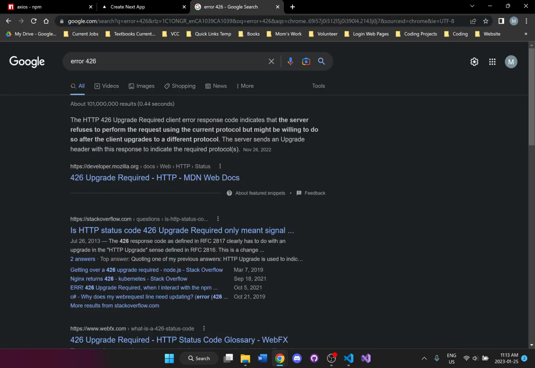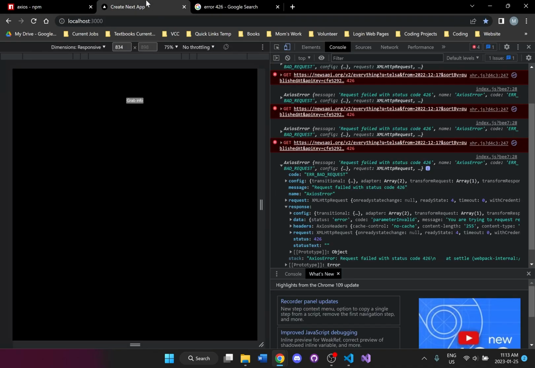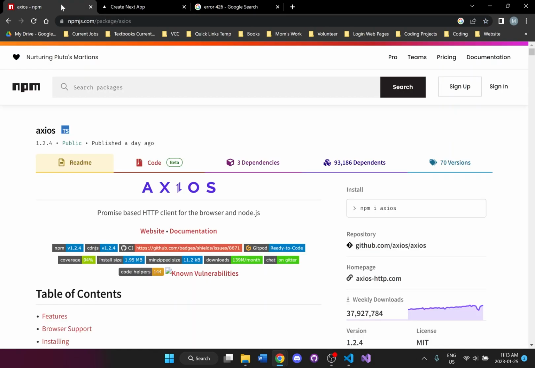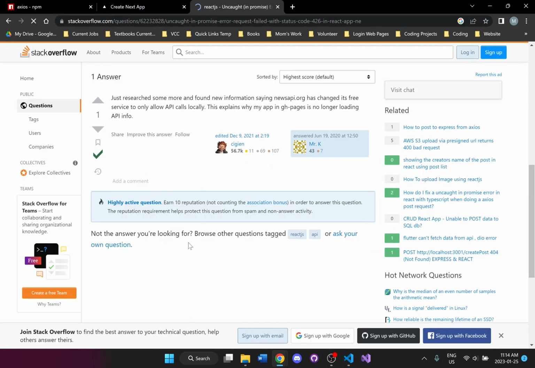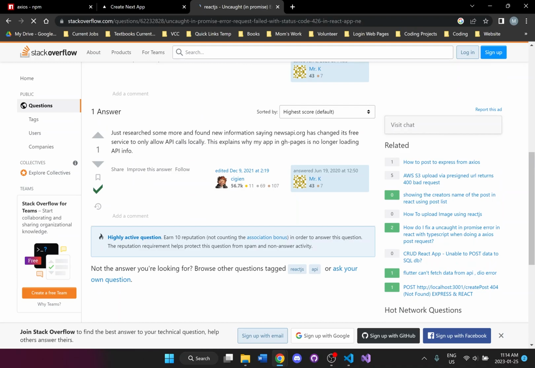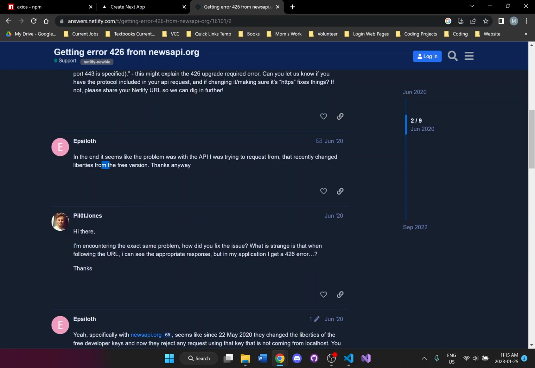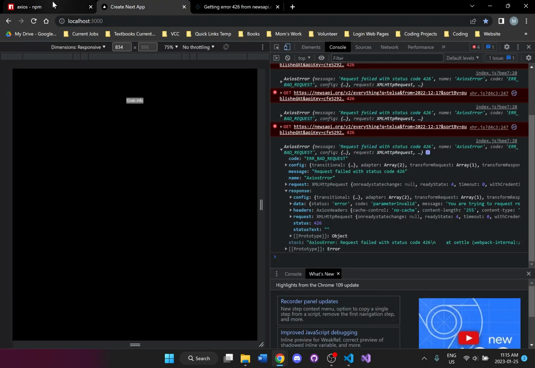So it looks like there's something to do with an upgrade. So it looks like News API has changed its free service to only allow API calls locally. So it looks like, okay, it's just not available for the free version anymore.